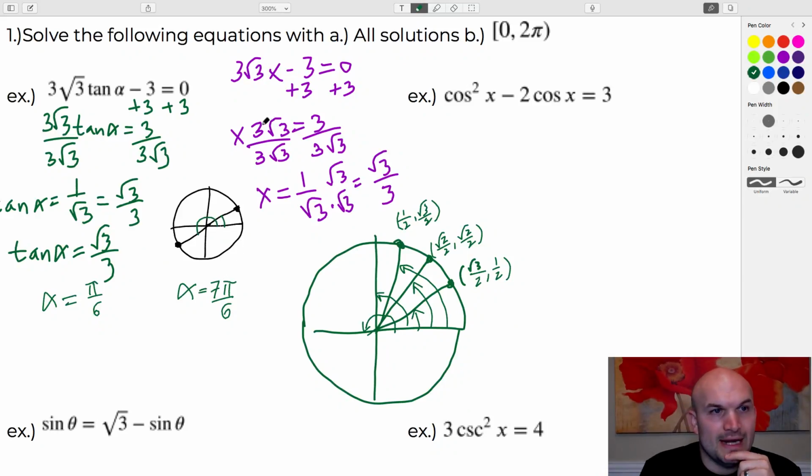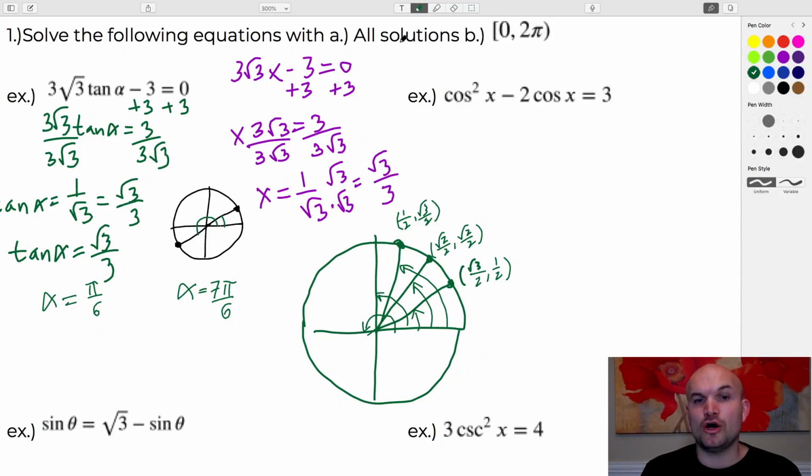Now, it would be great if I was to go ahead and graph these so you could see the graph, but I spent all class period teaching my students this, so I'm just going to focus on the algebraic technique and looking at the unit circle. I would recommend graphing this equation so you could also see the graphical portion. I think that's really helpful, especially if you need some understanding. So anyways, here are our two solutions, but these two solutions are only between 0 and 2 pi. So these are really our answers for B,